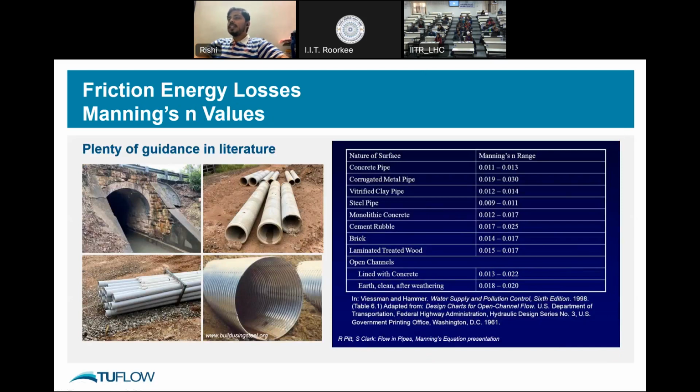So there's some guidance available in the literature generally for friction, or the Manning's roughness, within the pipe network. These are the most common recommendations for the Manning's roughness with pipes. If you're trying to go outside these recommendations, you need to really justify why we are trying to go outside